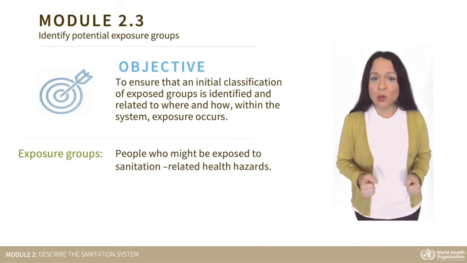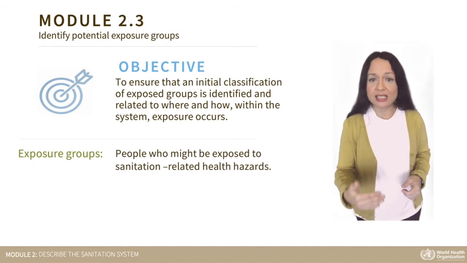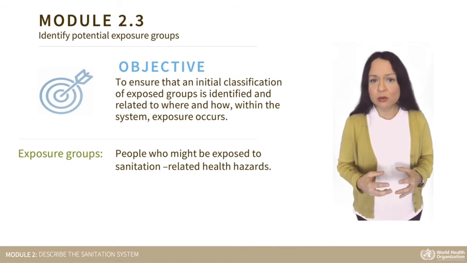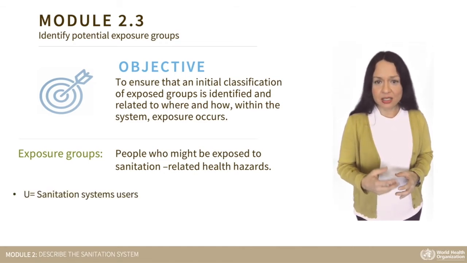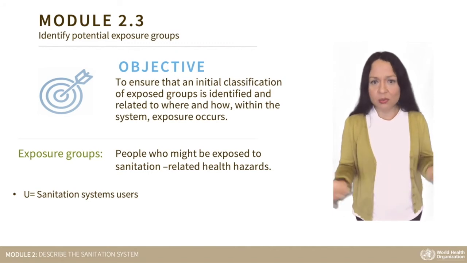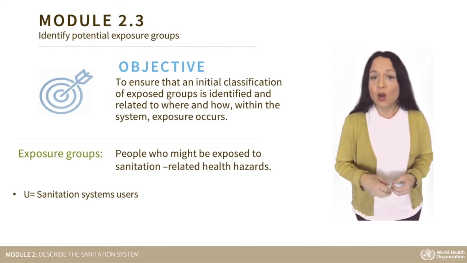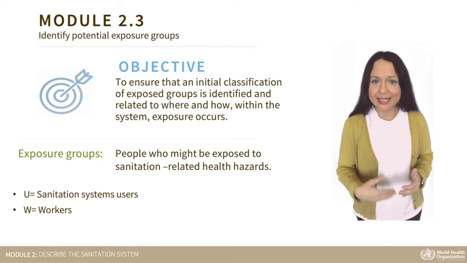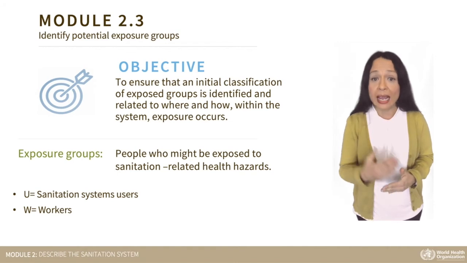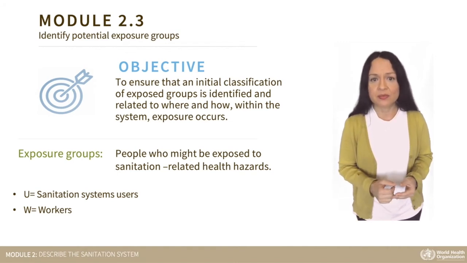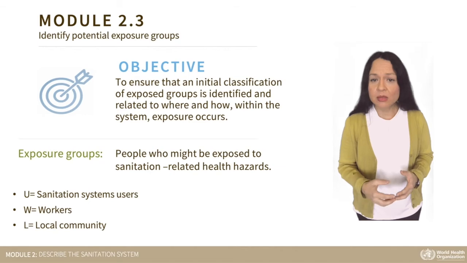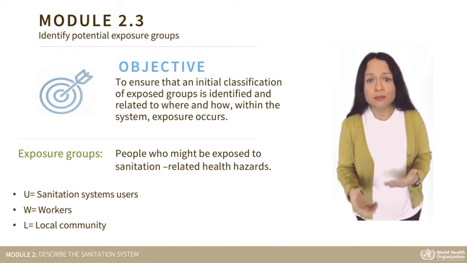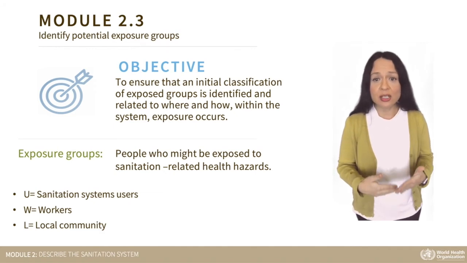Exposure groups are people who might be exposed to sanitation-related health hazards. This could be sanitation system users, all people who use a toilet; workers, a person who is responsible for maintaining, cleaning, operating, or emptying the sanitation technology; local community, anyone who is living near the sanitation technology or farm in which the material is used and might be affected;